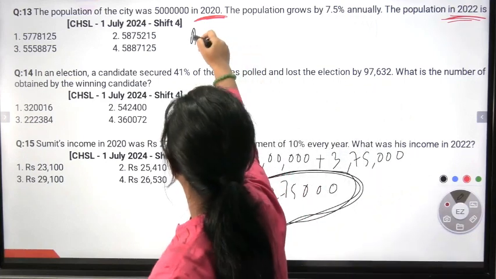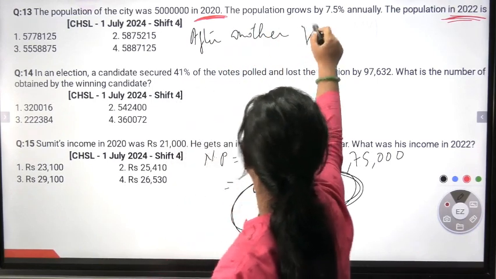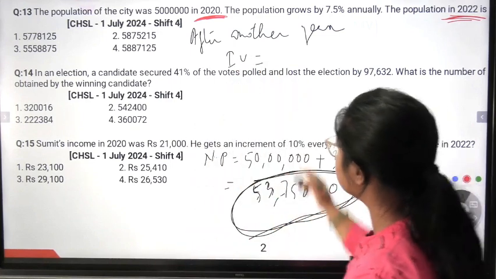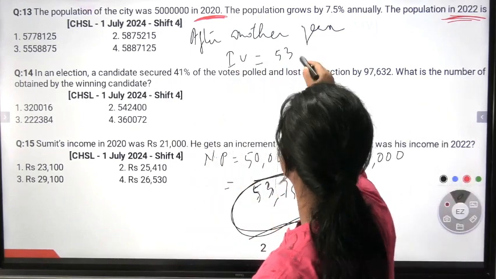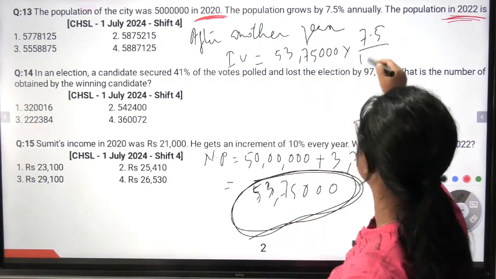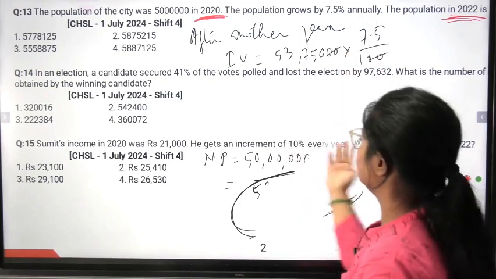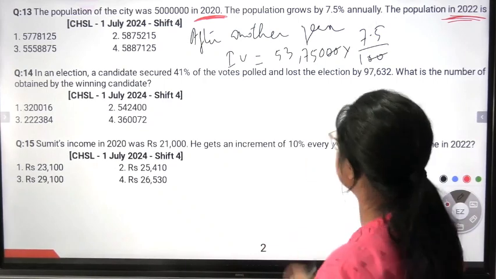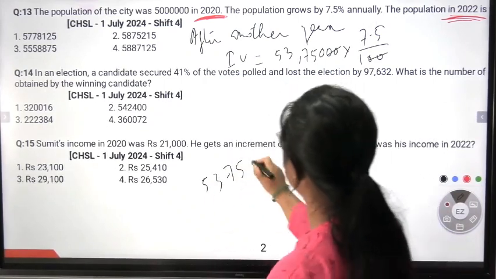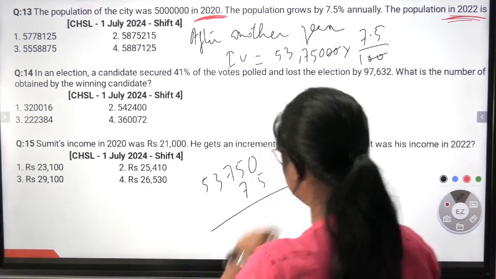So after another year, the increased value, what is my new population now? It is 53,75,000 into 7.5 by 100. So if I do the calculation, the multiplication is longer, so you need to work on your multiplication process. So 7.5, so from here 0,